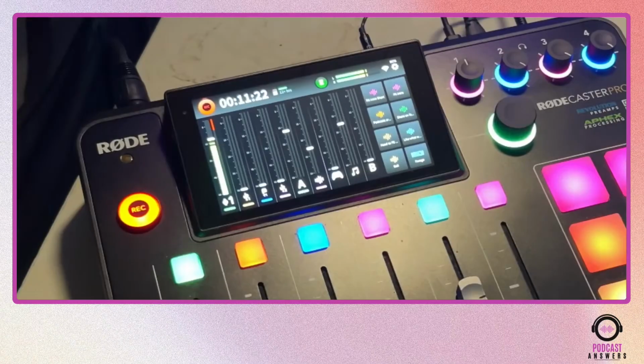They're labeled A, B, game, and music, but they're all the same. They're all virtual inputs, and you can see on my RodeCaster here now that I have them set up, and they have different icons, so A and B, as well as the game and then the music. But they can be really used for anything that you want. They don't have to be used for those specific tasks, but you can bring in whatever you want. You can bring in any software. And again, this is for right now Windows only, but I did find the hack that allowed you to do it. And the hack would be using something like